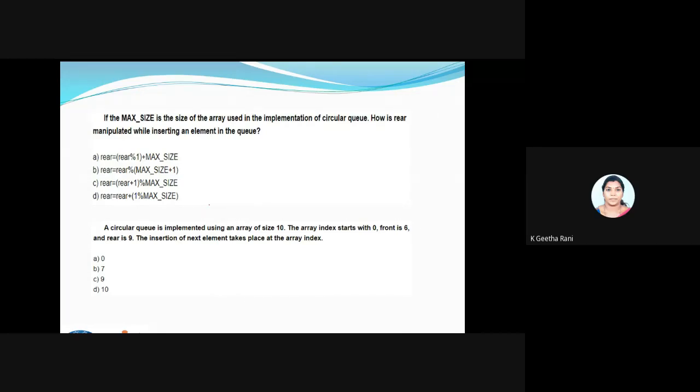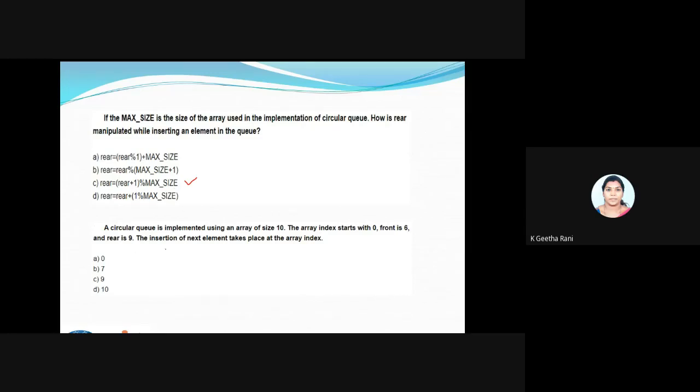How is rear manipulated while inserting the element? Okay, when I'm going to enqueue a value, what happens? In what place will the value be inserted? Usually a normal array will use rear is equal to rear plus 1. For a circular queue, what will be used? Yes, the answer is going to be C: rear is equal to (rear plus 1) percentage maximum size, nothing but the size of the array.